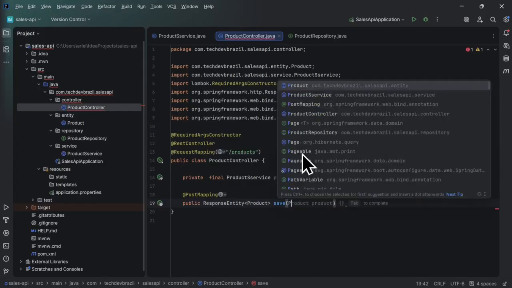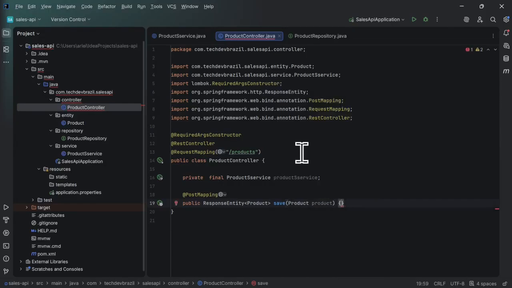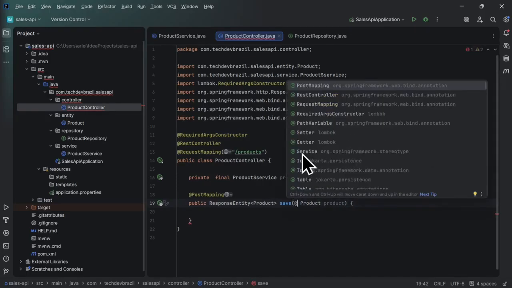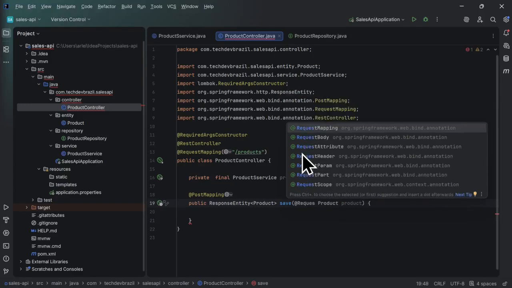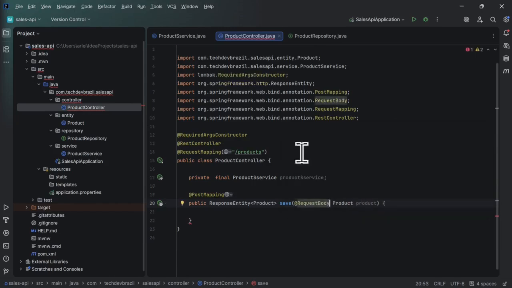First, we're going to create here a product object, product and product. But how can I extract the request JSON from my request and add it into my variable called product, which is the type of product, the entity type that we created? To do that, we use an annotation called request body, like this one here. So it means that the JSON that we got from the request